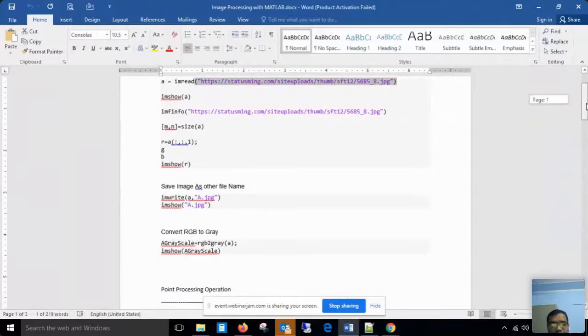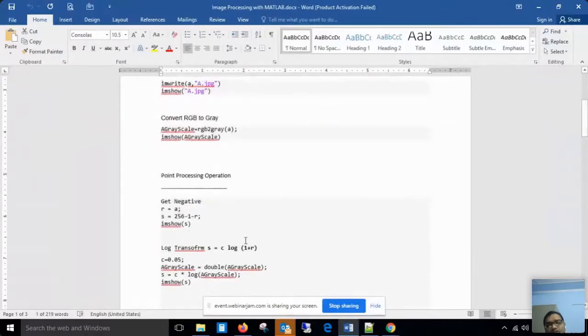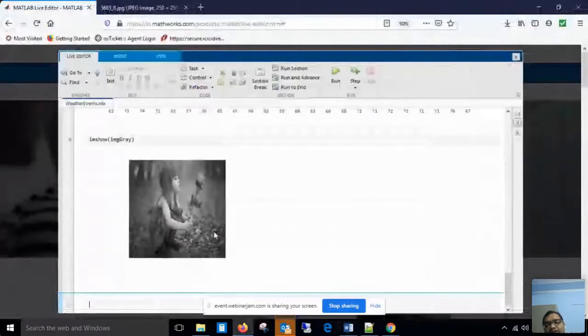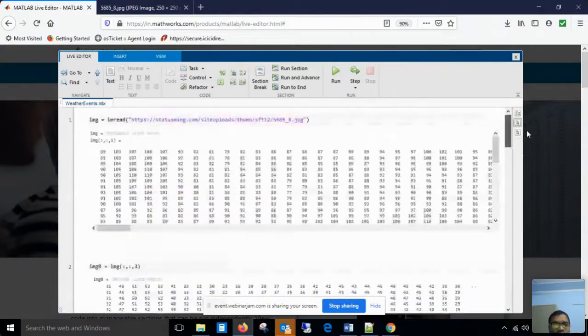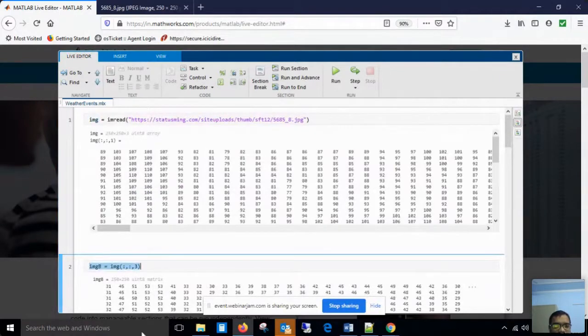So next one is some point processing operations. In the last sessions, we have seen that when we implement image enhancement techniques, the basic operations are negative, then log transformations, and finally power law transformations. If I have to execute these basic or point processing functions, then what to do and how to do that? I am again assuming that we have img as the colored image matrix. So I am removing this command, it is not required now.